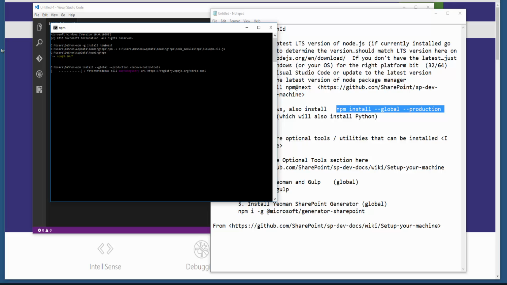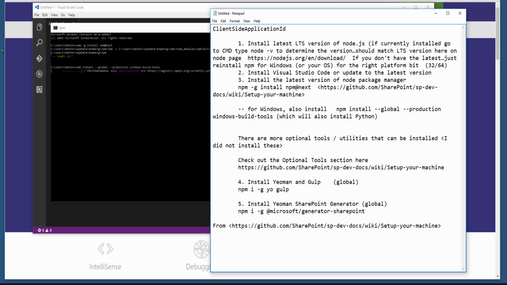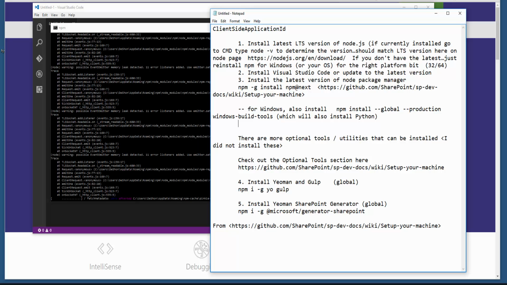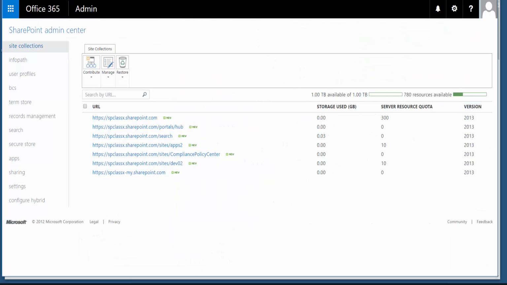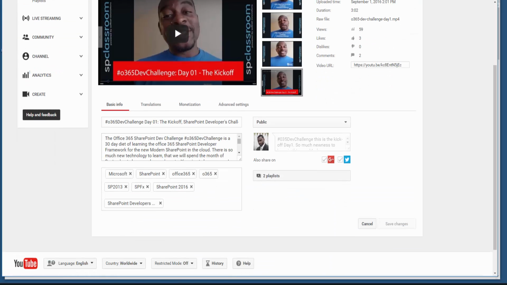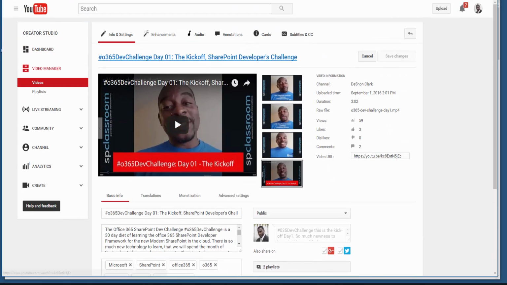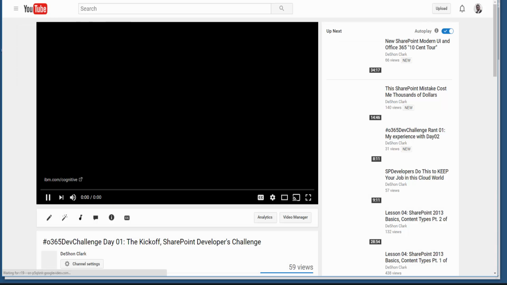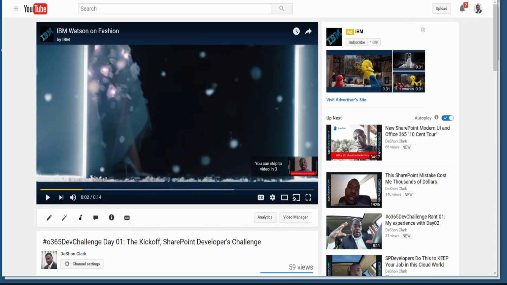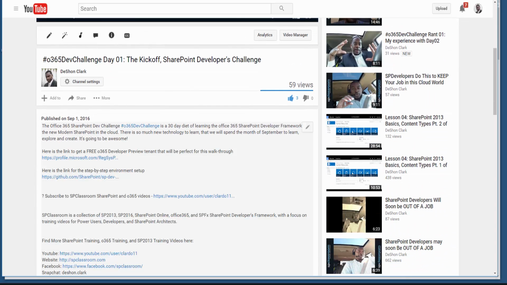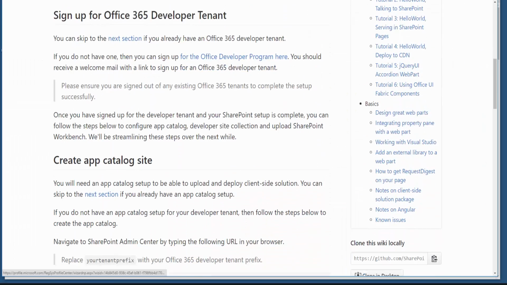Now, while this is running, you notice that I'm running Notepad, and obviously this is not formatted well. I know these sequences because I went through this process before. But if you look at the YouTube video for day one, within this video there is also a link to the tutorial by Microsoft that actually walks through the environment setup. So here's a link to the step-by-step environment setup, and we are on